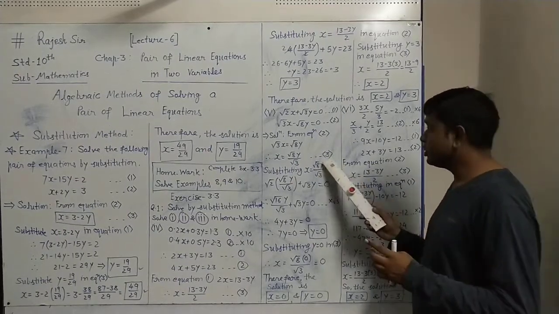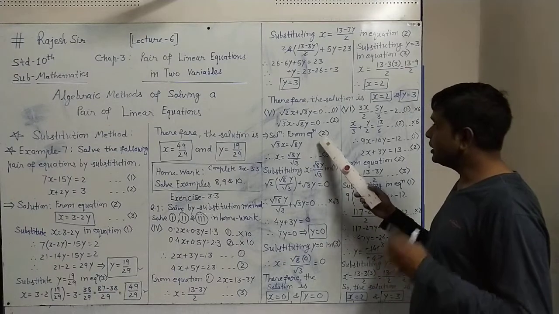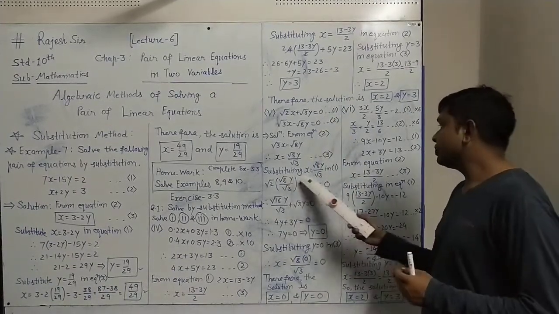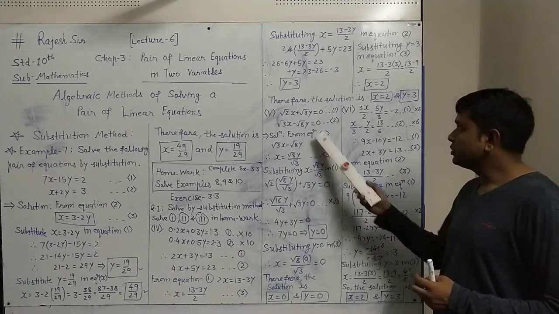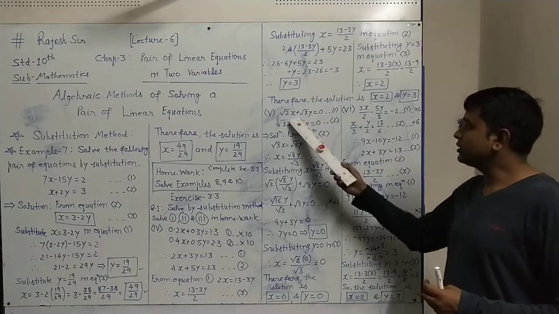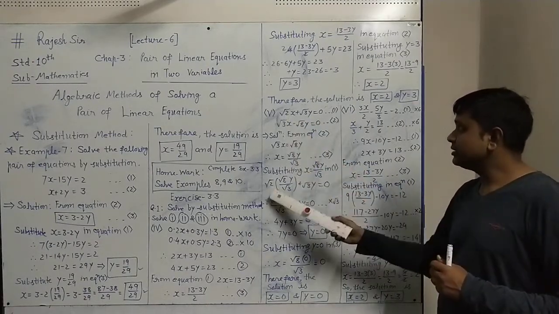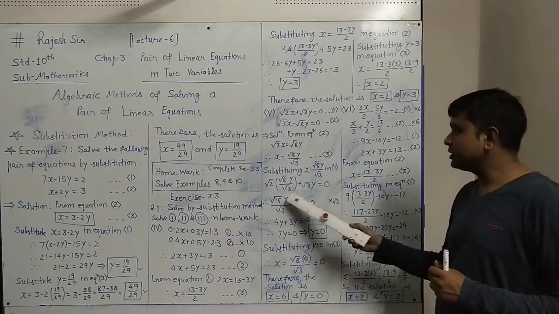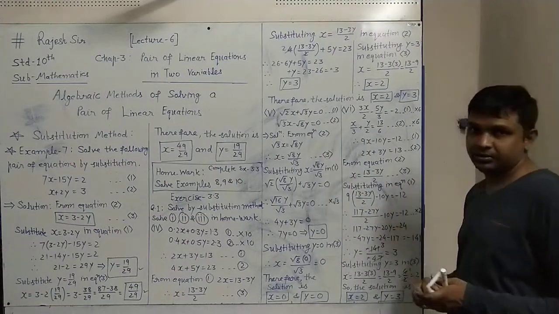Now this 3 is obtained from 2, so we will place this 3 not in 2 but in 1. So substituting x equals root 8 y upon root 3 in equation number 1. Equation number 1 is this. In that, this substitution of x we have to place. So root 2 as it is, x is root 8 y upon root 3 that we have placed, plus root 3 y as it is, equal to 0 as it is.